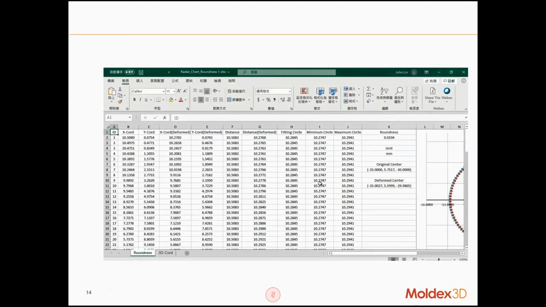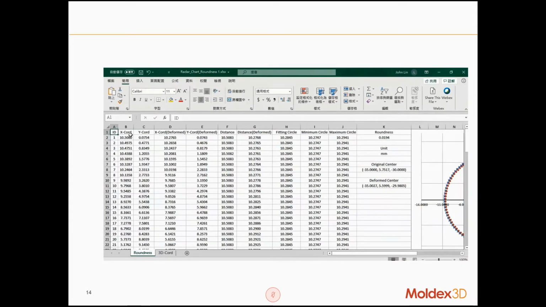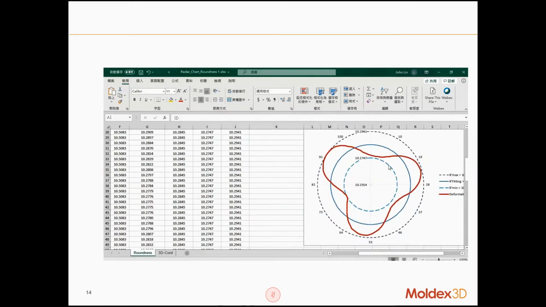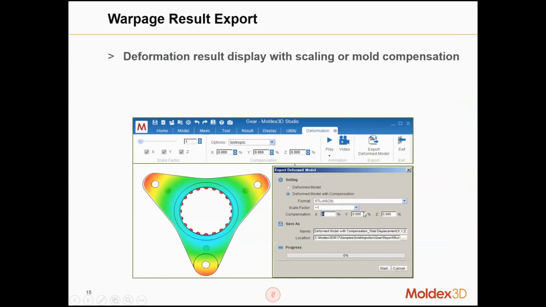Okay, this is the CSV file of the roundness. We can see the coordinates before the deformation, after the deformation, and all the other detailed data. Yeah, and also this radar picture. Okay, let's see the next function. It's to export the warpage result. We are able to view the shrinkage and change the scale to understand the warpage tendency, if there's a bending problem, and